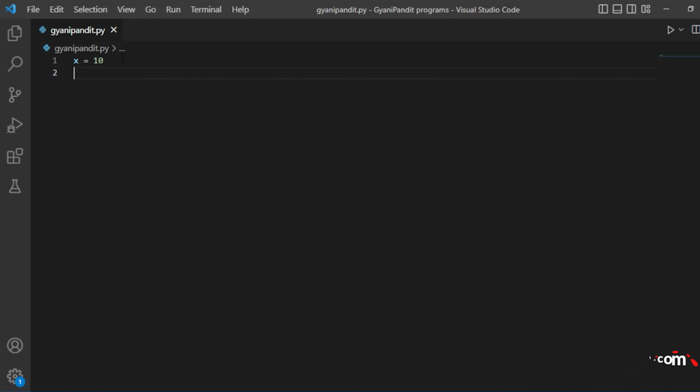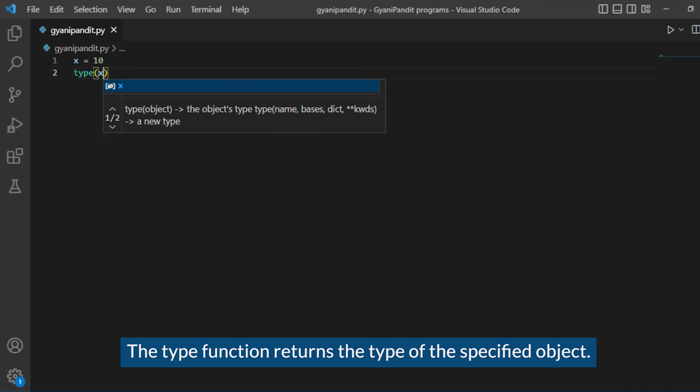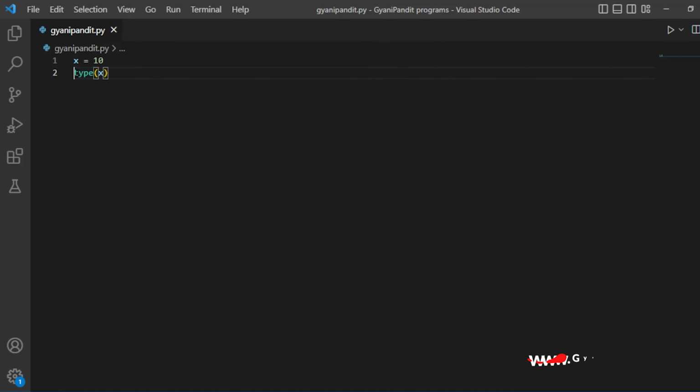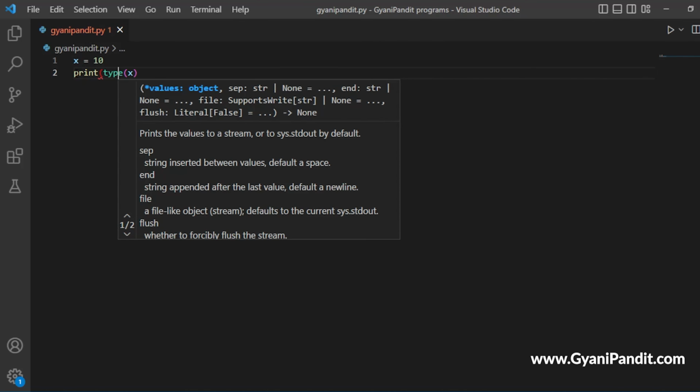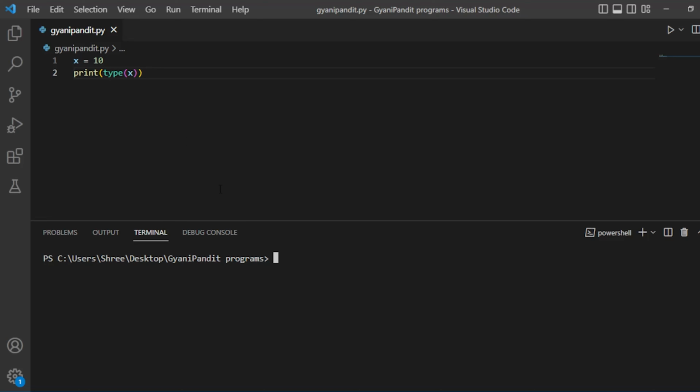To use the type function we just have to write type and the name of the variable in which our object is stored. And we have to print it, so we have to use print. Then we have to run the program to check its type. For that we will bring up the terminal and run the program. To run the program we have to write Python, space, name of the file,